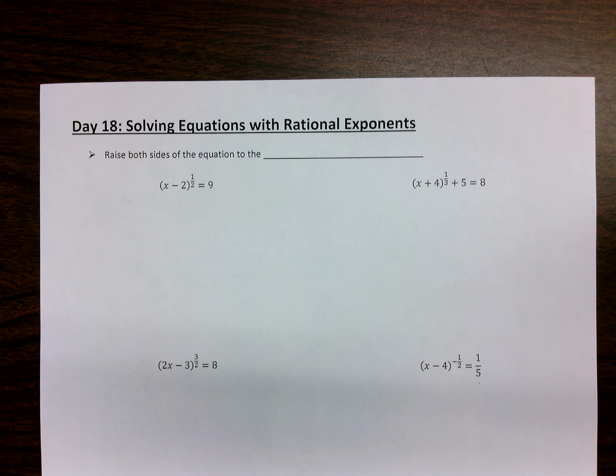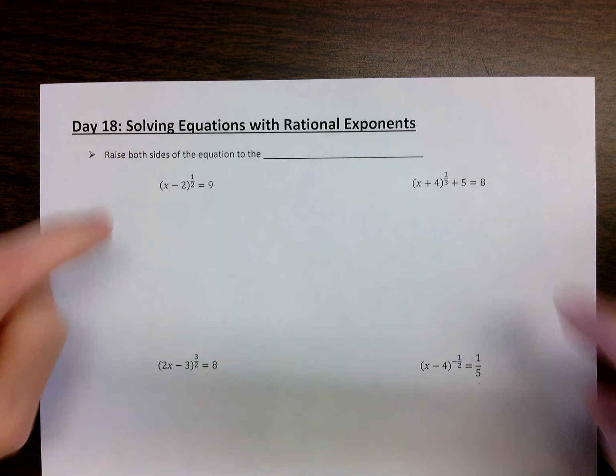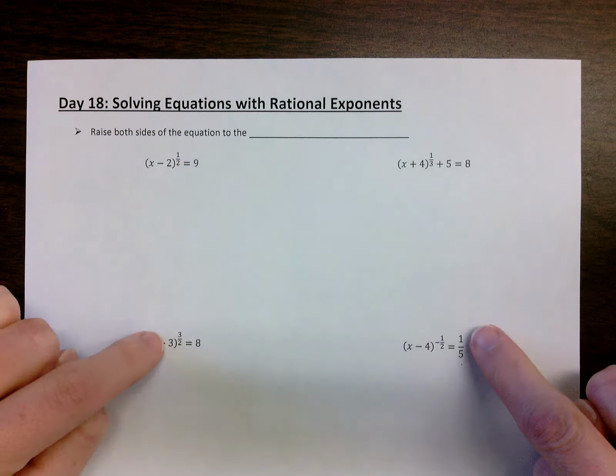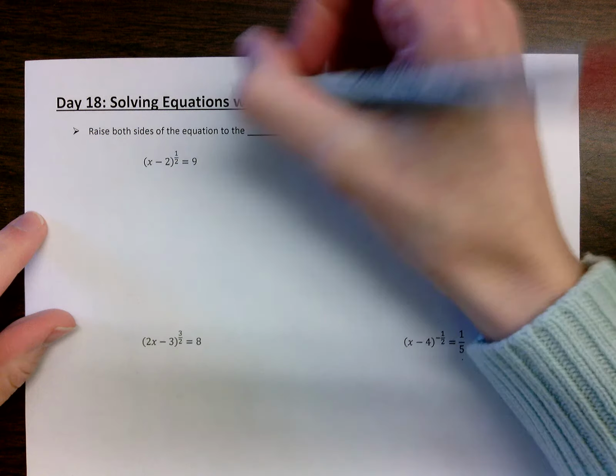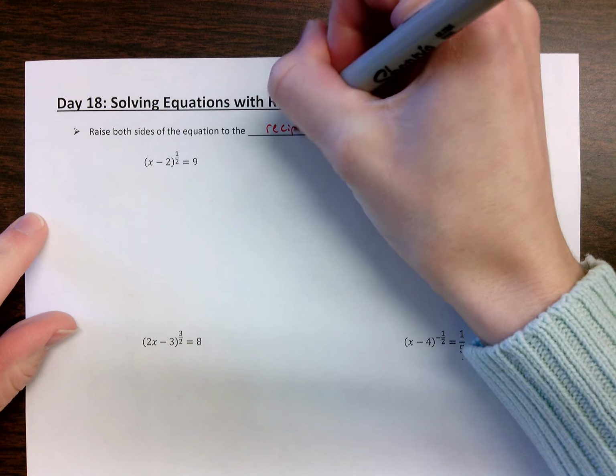All right, so our last topic for this unit is solving equations with rational exponents. Rational meaning can be written as a fraction, and exponents, you know what exponents are. As you look at all these, you're going to notice that they always have fraction exponents in them. So we're going to solve equations that have these rational exponents, and the trick that we're going to use to do this is we're going to raise both sides of the equation to the reciprocal